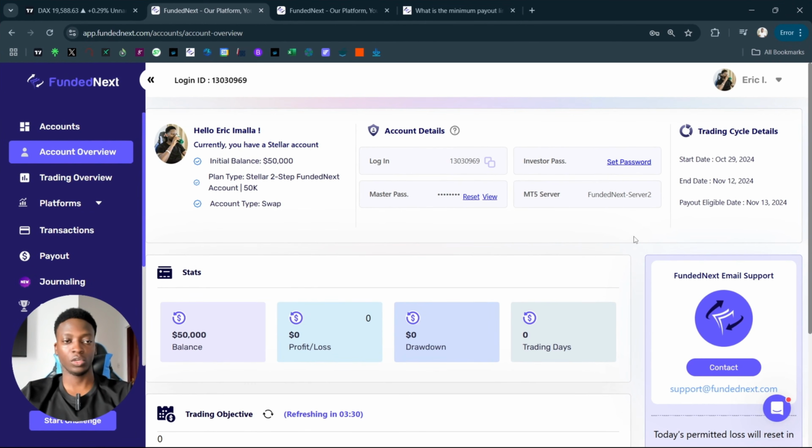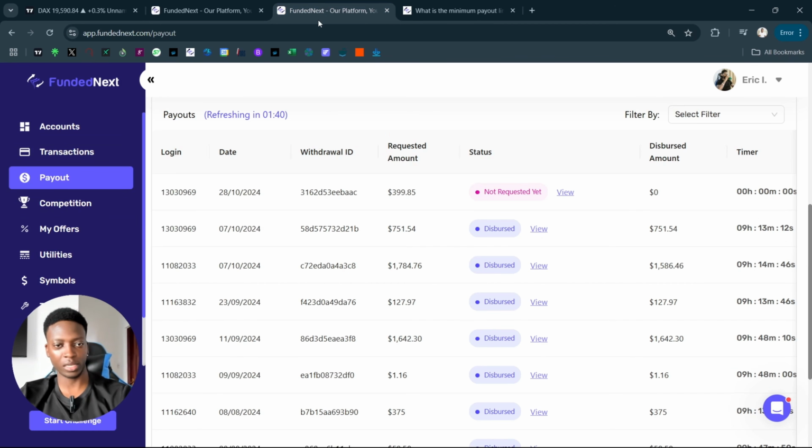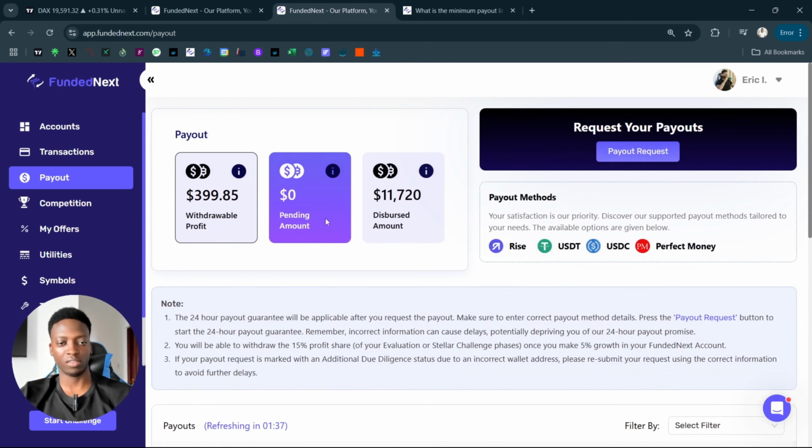What's up guys, today I'll be showing you how to withdraw from prop firms using Rise. So in one of my 50k accounts, I did have some profit. The account was up about 3%, but after making the profit, I took a couple of losses. So my profit came all the way downwards to just about 1%. So I figured as I do this withdrawal, let me also take you through the process of getting your payout